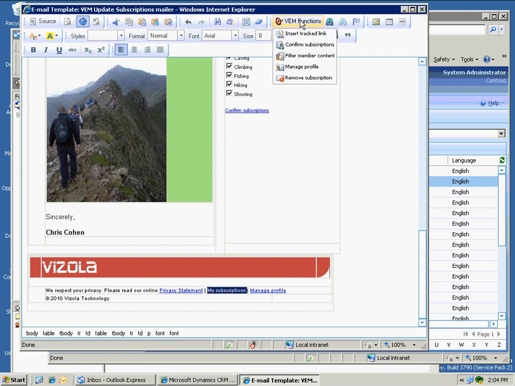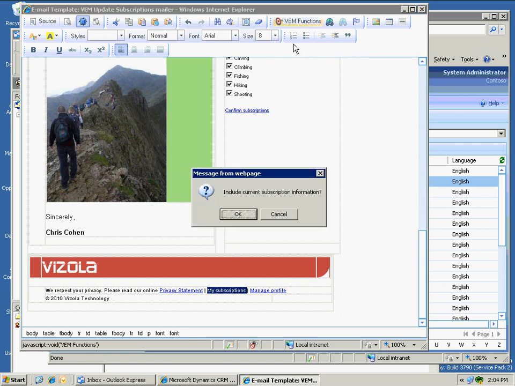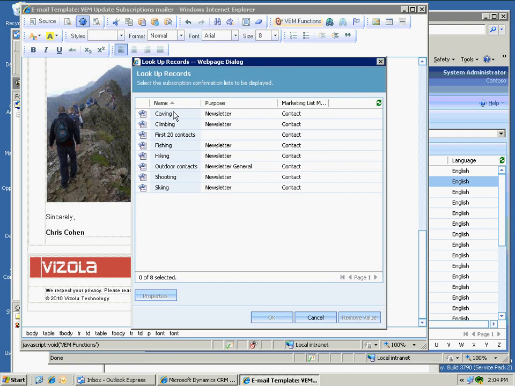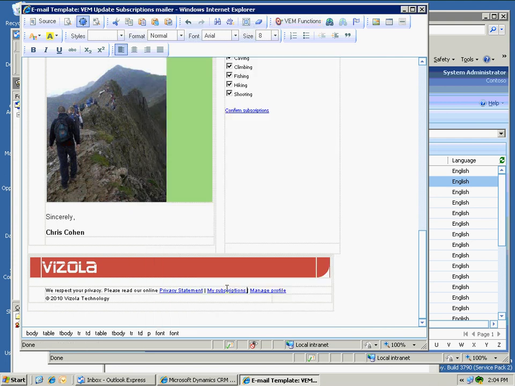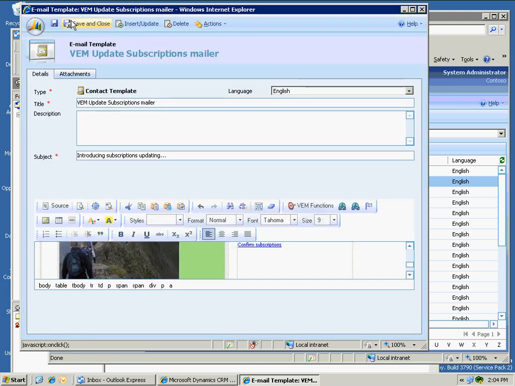Simply highlight the link, or the text we want to convert to the link rather, choose confirm subscriptions, and this time we don't want to include the block subscription information, we'll leave off caving on this list and choose the same subscriptions update form. Okay, so in this outgoing email we've got both the subscriptions block and a link on its own. So let's save this